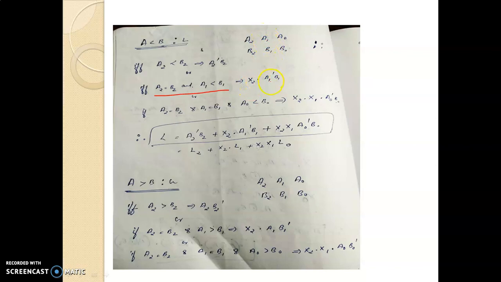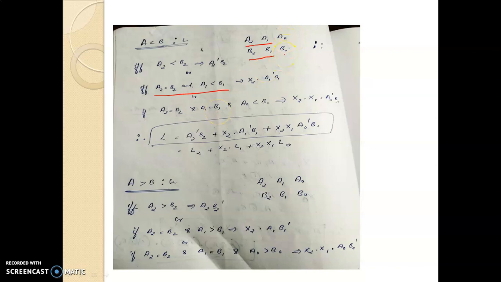So A1 bar B1. Okay. Now what happens when these two pins are equal for A and B? That is, if it is 0 0 and B2 is also 0 0, or it is 1 1 and B2 and B1 are also 1 1. That is when both pins are equal. That is, if A2 equal to B2 and A1 equal to B1, then your A0 has to be less than